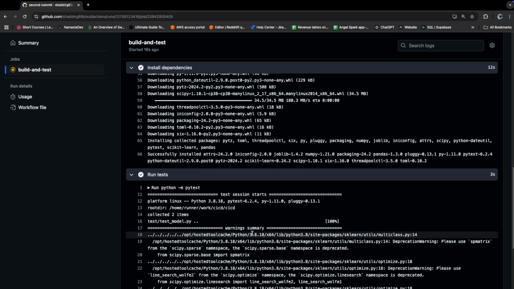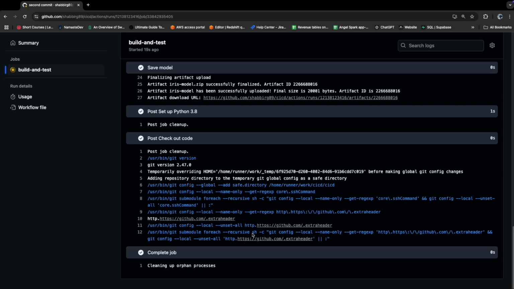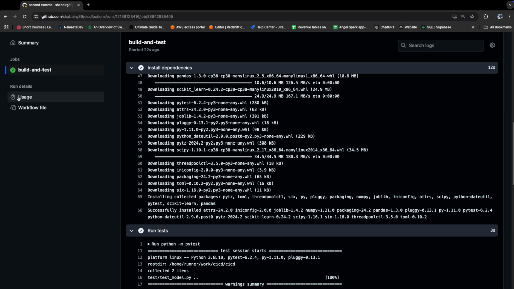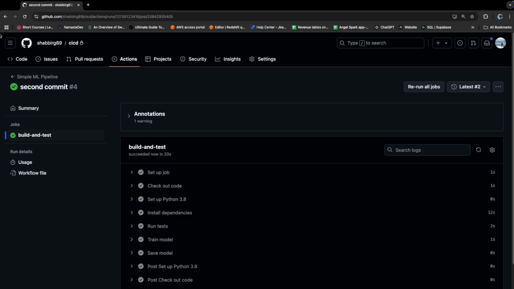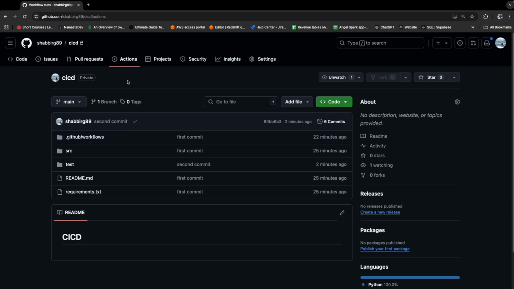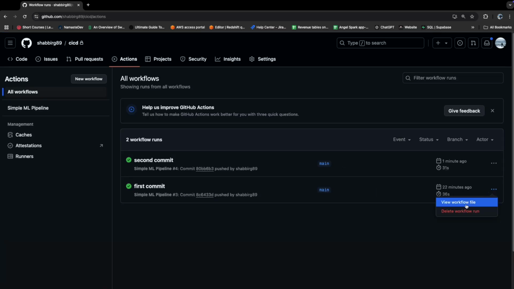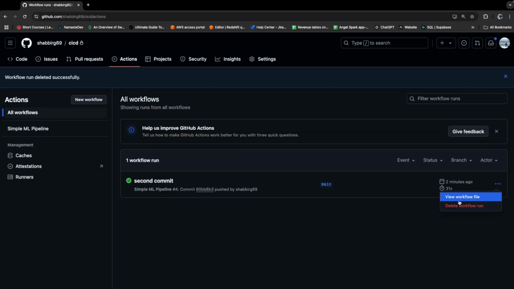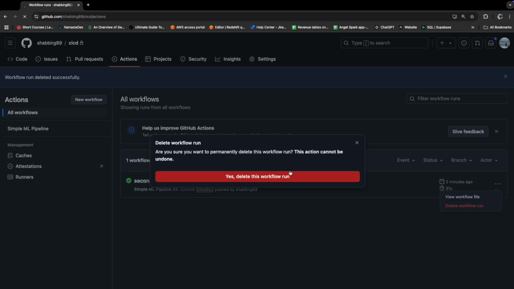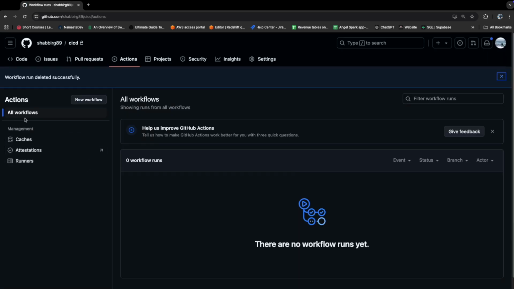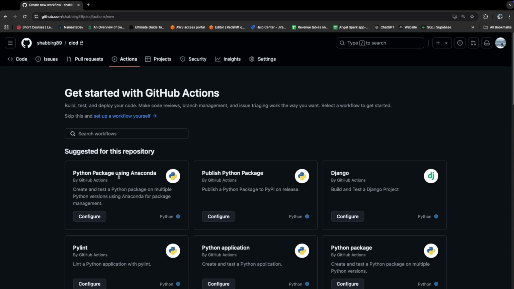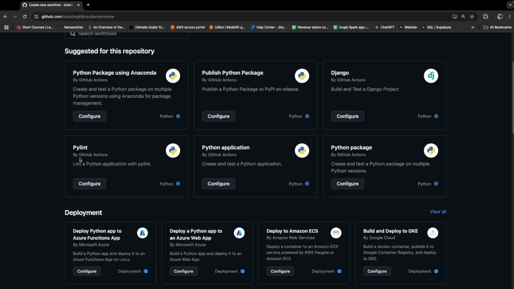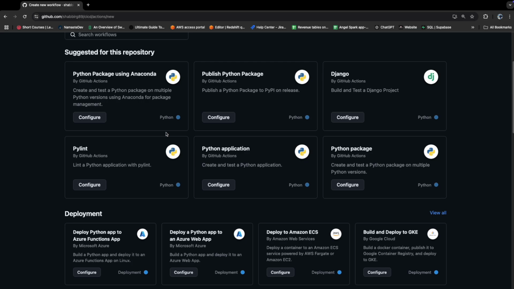And there are many complex workflow examples that GitHub also provides. To check that, you'll just click on the workflow. Let me go to Actions again. Okay, so in Actions, we'll just delete this workflow, and then click on the new workflow. And here there are multiple GitHub workflows, so they give us options for multiple boilerplate code, which you can use as a workflow.